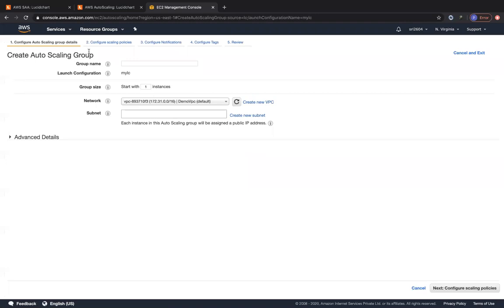So now we are in the auto scaling group's configuration. We are going to give the group a name. So let's give it as web server ASG. This is your desired capacity. Always remember this. So I'm going to go with 2 instances as my desired capacity